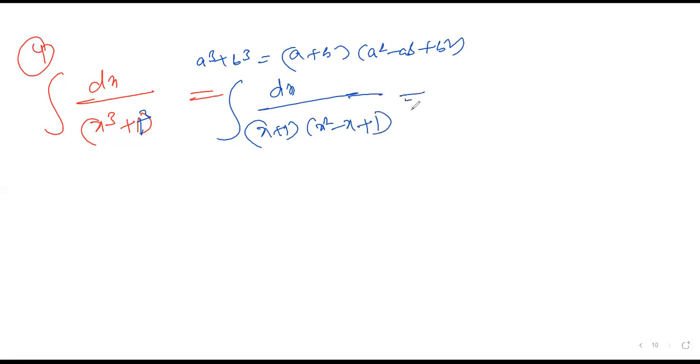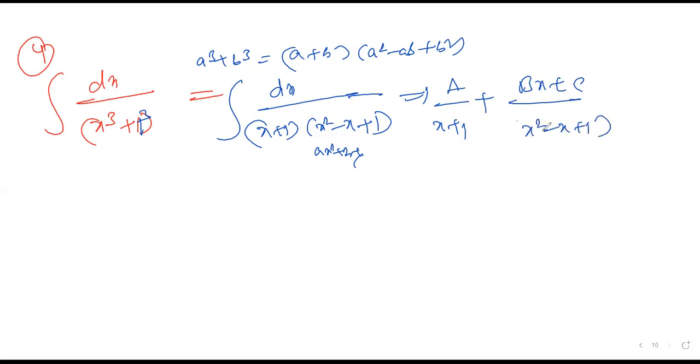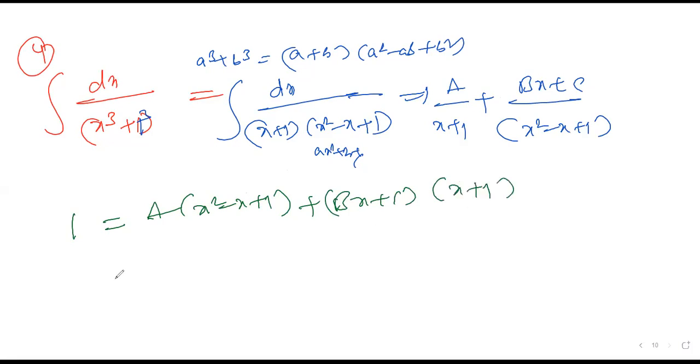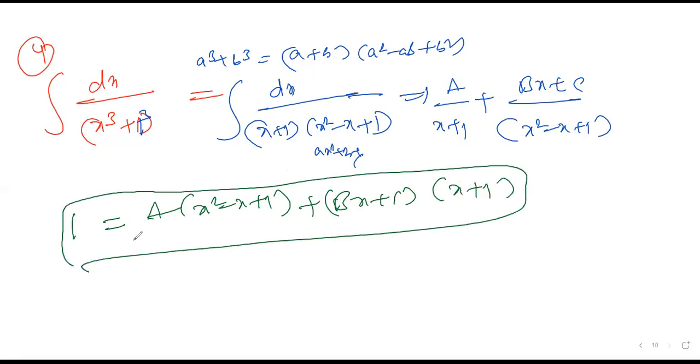Yes. Now this is the question. It looks like partial fractions now, because this is ax square plus bx plus c. If you open it as a by x plus 1, next bx plus c by x square minus x plus 1. Am I clear? Yes, sir. Now it's simple. Now you can continue your method as usual. There is 1 in the numerator. So a into x square minus x plus 1, then bx plus c into x plus 1. This is the denominator after cancellation.